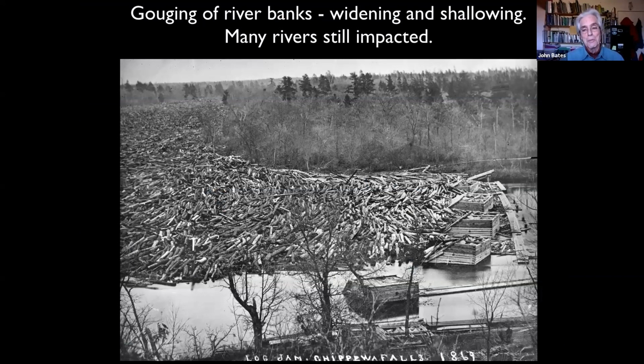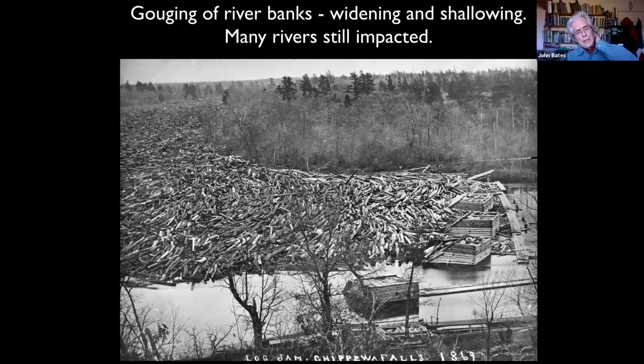Bob Martini, who spoke earlier, is a river ecologist, and did phenomenal work for us throughout the state in altering our rivers from highly polluted to relatively pollution-free. He talks about, and I talk about, the gouging of riverbanks by all of those logs coming down the river. This is just the St. Croix. I can't quite remember which river this is. I apologize. But think about all those logs gouging those riverbanks, such that almost all of our rivers in northern Wisconsin have been widened and thus shallowed, and are still impacted morphologically by those log jams.